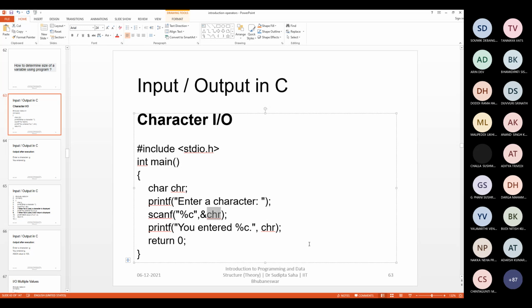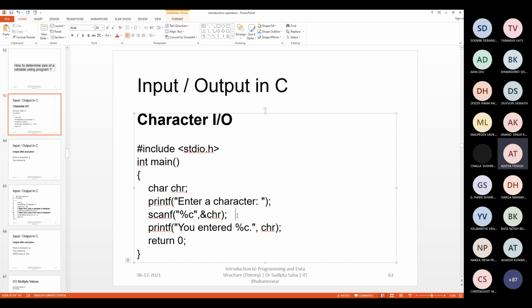What does meaningful output mean? It should match. If you want to scan using %c, provide a character variable. If you want %c to be output, then provide a character variable. If you provide, say, some float variable and you try to print using %c, things will be wrong. Now, whatever you are asking is basically, if you try to scan using %d, then you will get the number, not the ASCII value.